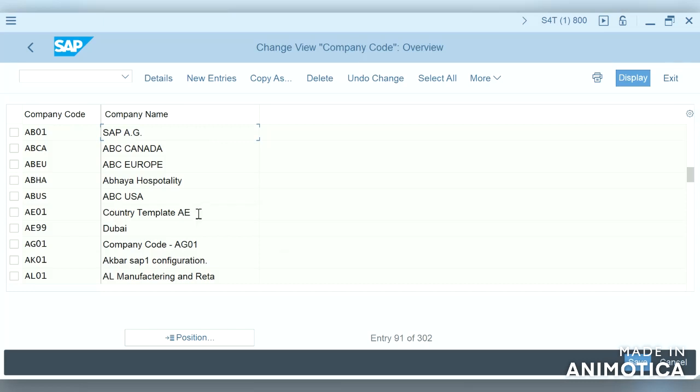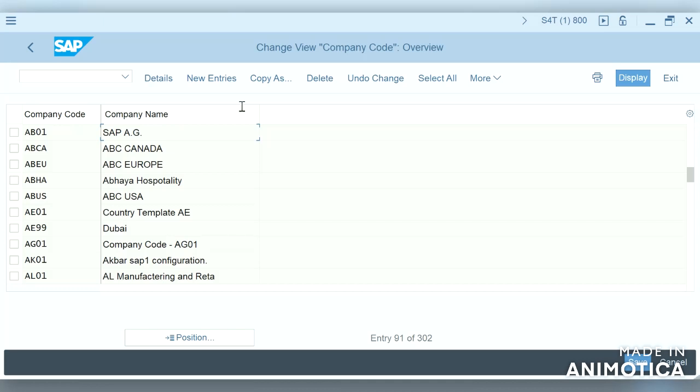to meet that specific country's legal requirements. This is the country template for AE. If we are planning to configure a company code in this country, it is better to copy the standard template and create the company code, so all the required configuration will be copied to this company code. This is how we create the company code.